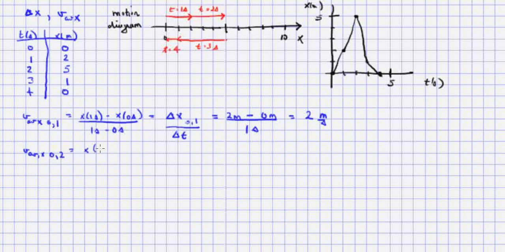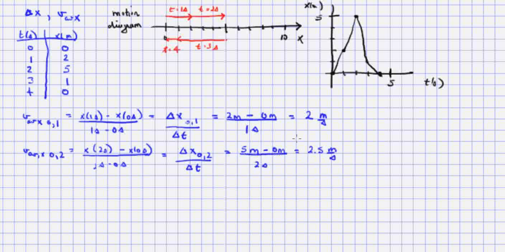It's going to be the position at 2 seconds minus the position at 0 seconds over the time interval, which is 2 seconds minus 0 seconds, which is again the displacement between 0 and 2 over the corresponding change in time, and that is going to be equal to 5 meters, looking at the table here, minus 0 meters over the elapsed time, which is 2 seconds, and that will be 5 over 2, which is 2.5 meters per